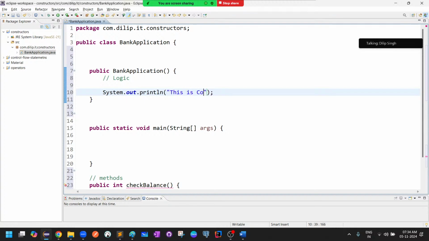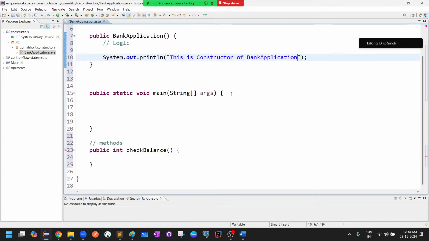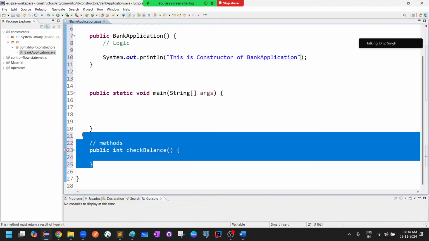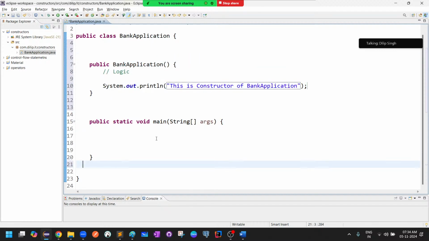This is constructor of bank application. So I have written only one line, System.out.println: this is constructor of application. Okay, fine. Now what I am doing, if you observe here,